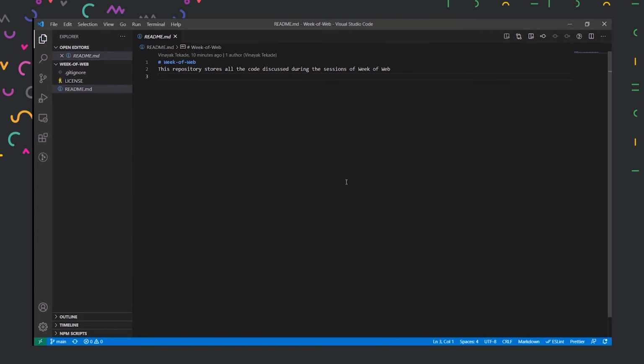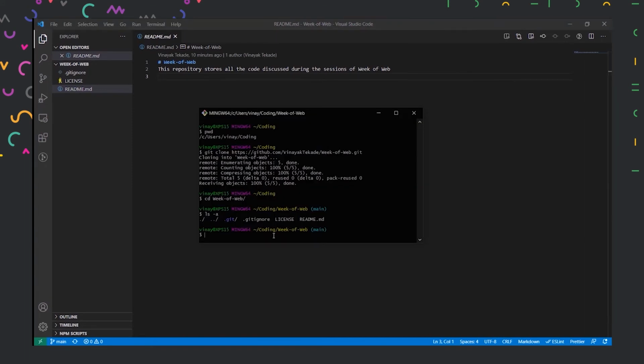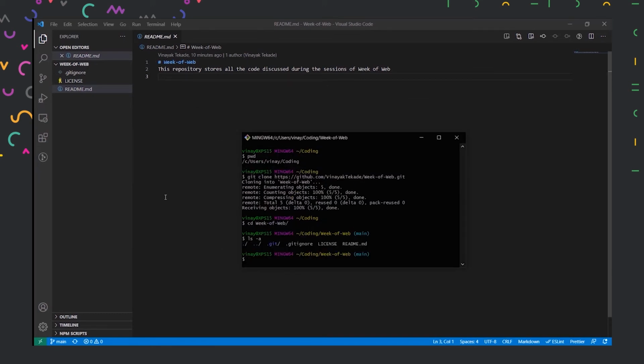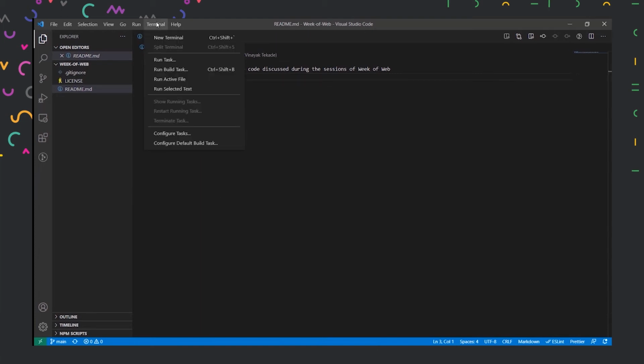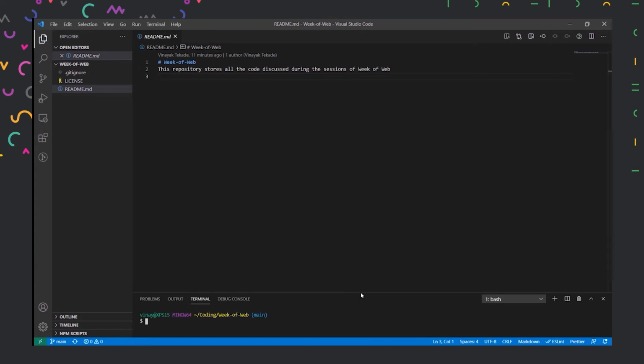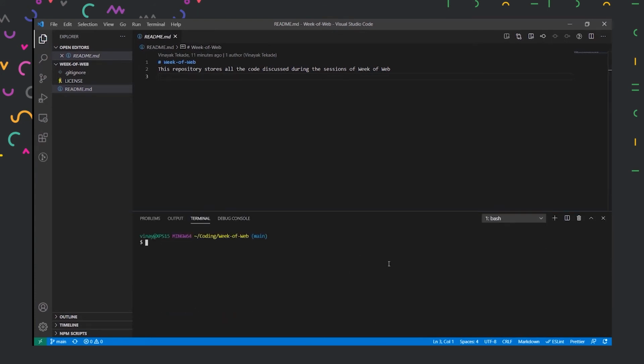And then, since we are using Git Bash as well, VS Code already has a feature where it integrates the terminal into itself, and it can open any terminal you want. Let's say you are opening command prompt, that is also possible. If you're opening Git Bash, that is also possible. To open the terminal, go to the terminal button and click on new terminal, and it will open a new terminal below like this. A shortcut to open the terminal is Control and backtick.